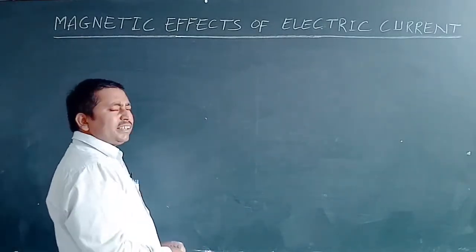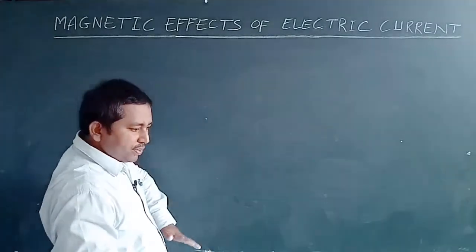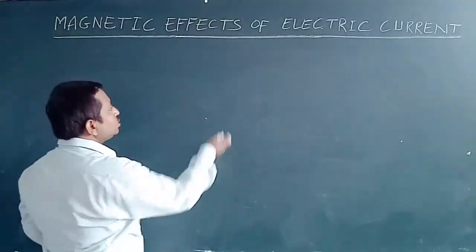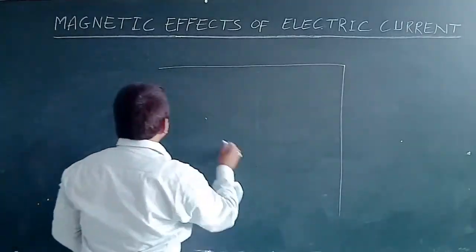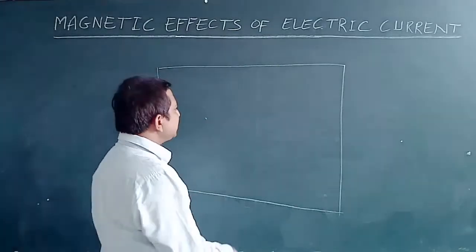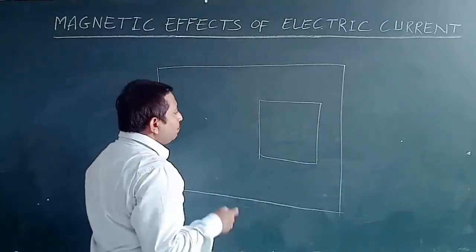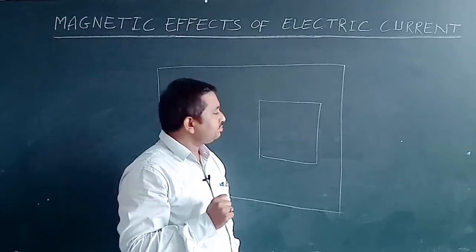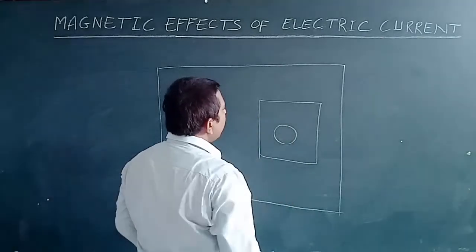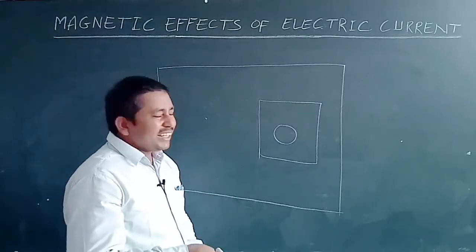Suppose we take a particular cardboard and place it at the horizontal level. For simplicity, we assume this is the horizontal level, so we place our cardboard here. Now take a white paper and place it on this cardboard. Now put a magnetic needle just in the middle of this white paper and indicate the direction represented by the magnetic needle initially.